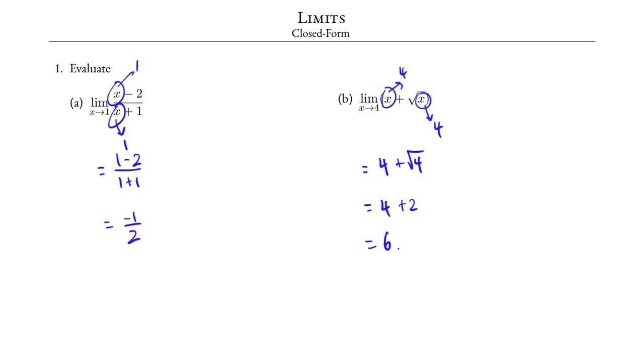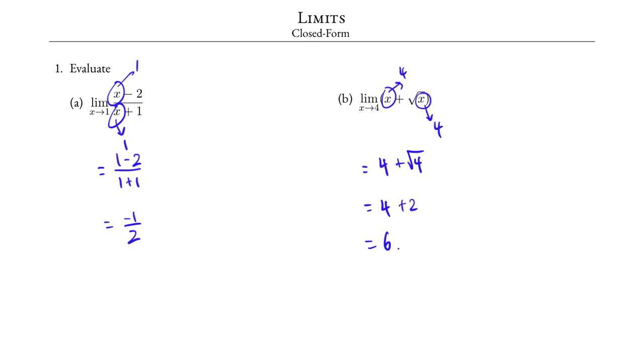The reason why in both of these cases we can just simply plug in a to the function to determine the limit of the function is because each of the functions is continuous on its domain and a is in the domain. For part A, the domain of the function is the set of all real numbers such that x